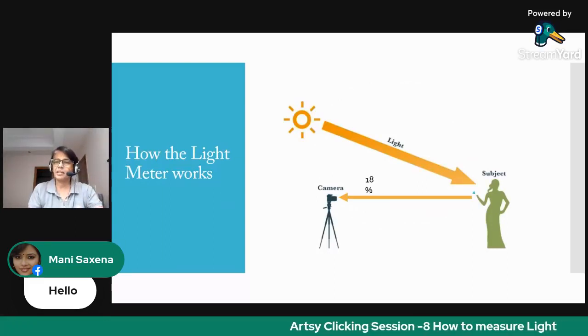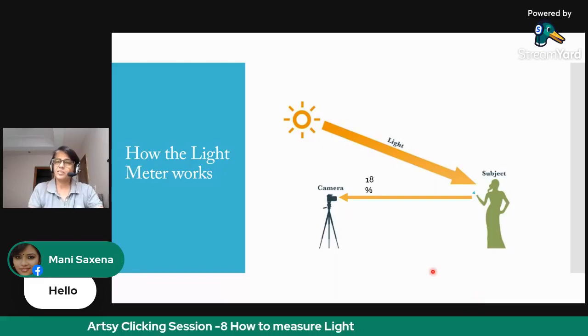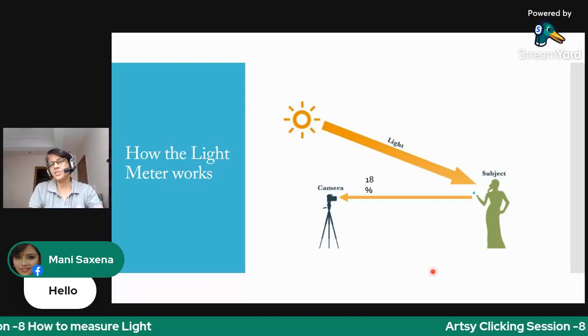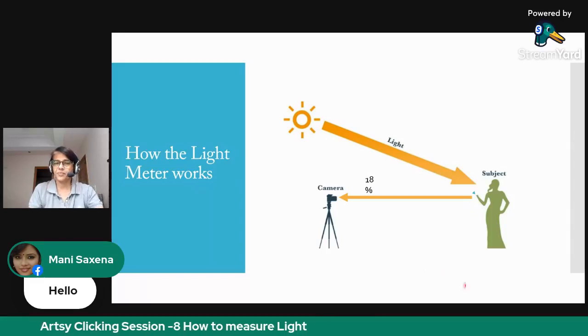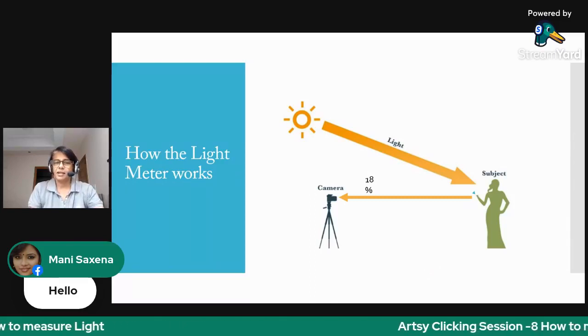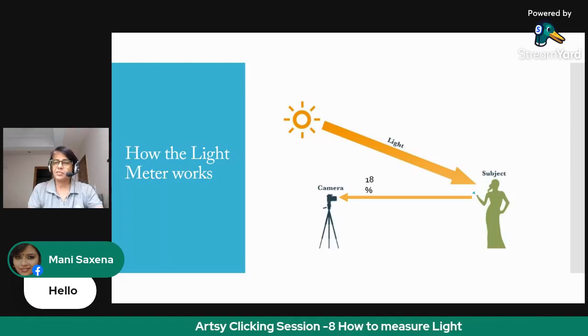So we can see here that if we look around, we see objects because the objects reflect the artificial light around us. And because of this reflection of light, we are able to see the objects. In most scenes in this world, the objects reflect 12 to 18% of the light that falls on them.